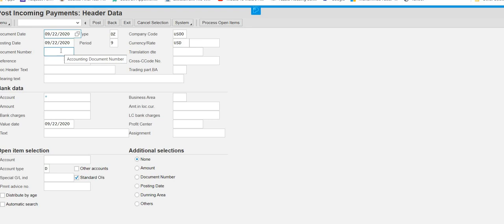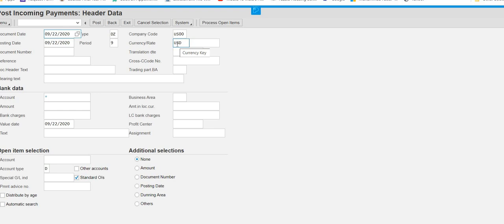So we enter the document date, and then we have to enter US00 for company code. Where are you going to enter that? You can see it is already there, and the currency is already USD, so these two things are already entered.